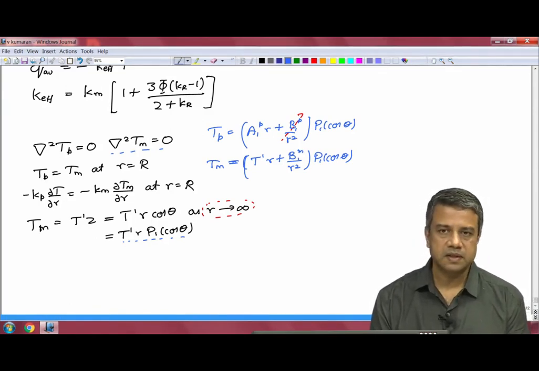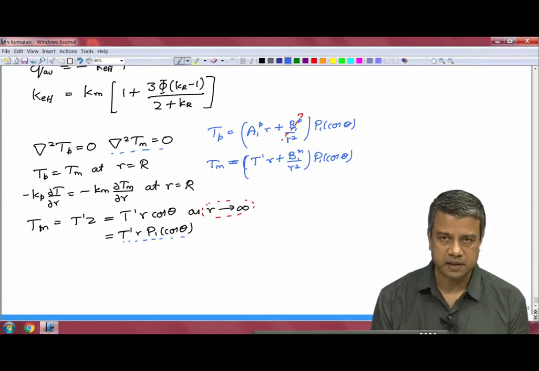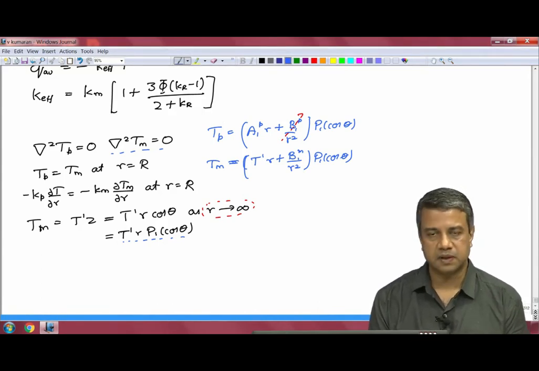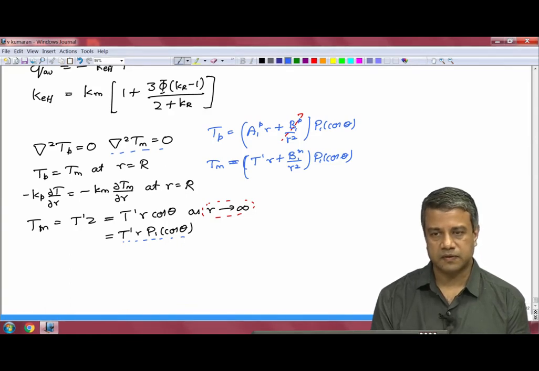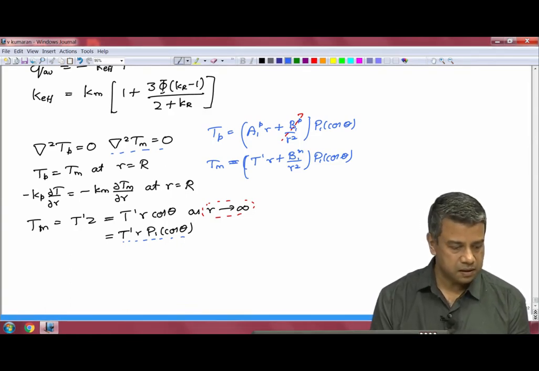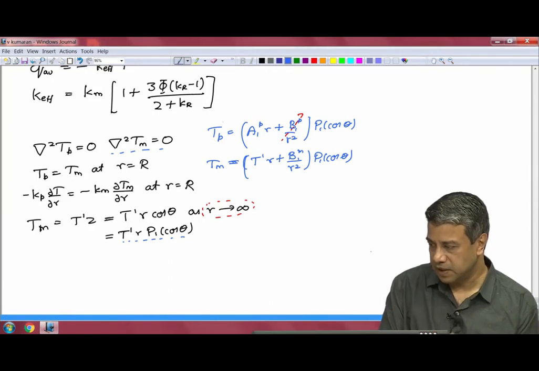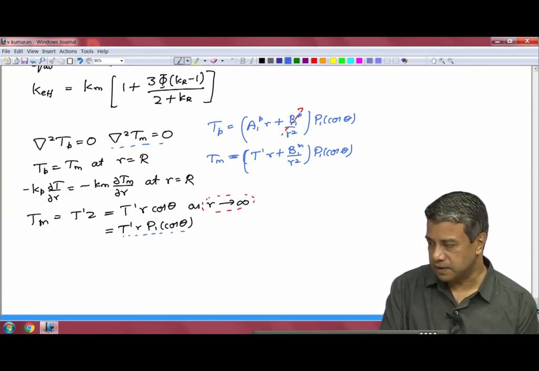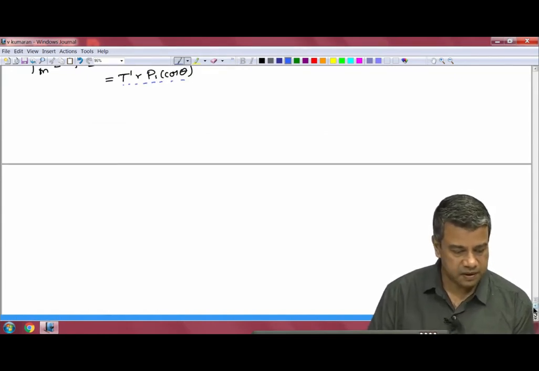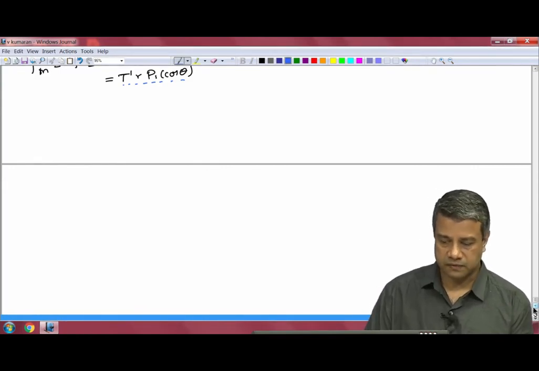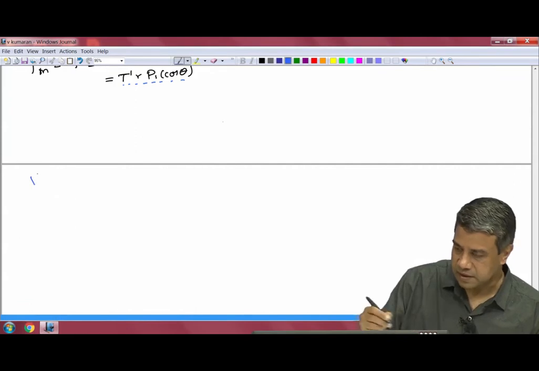Now, this particular situation was a special case because it was axisymmetric, as there was no dependence on the meridional angle phi. It was an axisymmetric temperature profile. In general, one would like to solve the Laplace equation for a general non-axisymmetric case, where there is a dependence on the meridional coordinate. In this case, you have to use separation of variables, where you separate the temperature field into 3 components, one of which depends upon r, one on theta and one on phi. So, the equation del square T is equal to 0